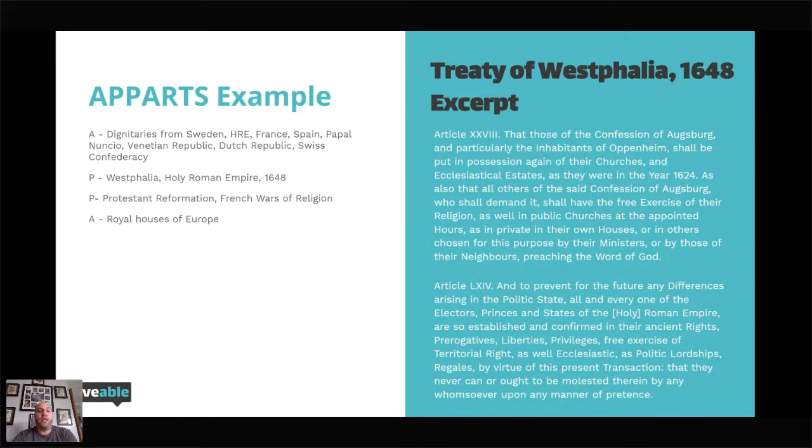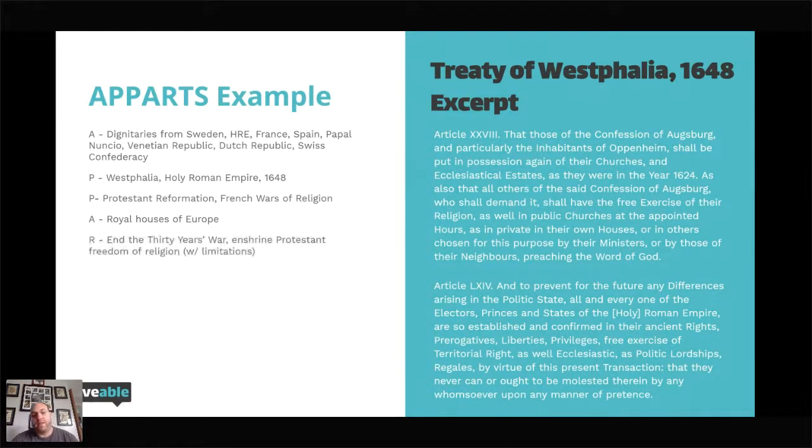So for written things like this at this time frame, we tend to see them being written for the wealthy and for men. In this case, this is a treaty that's written to the royal houses of Europe, the leaders, the kings and the queens of the different nations of Europe, basically outlining how we're going to deal with each other throughout the rest of time. Now, little did they know when they wrote it, it's not going to work, but they at least try, right?